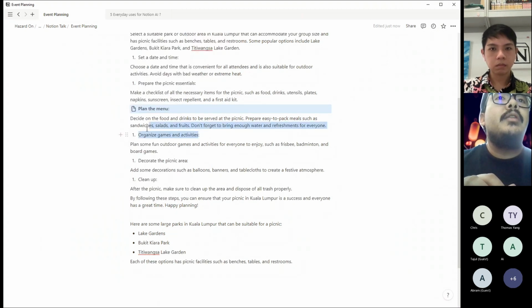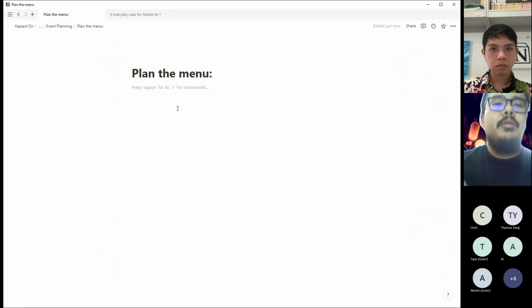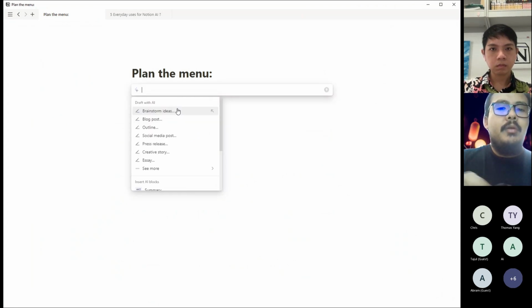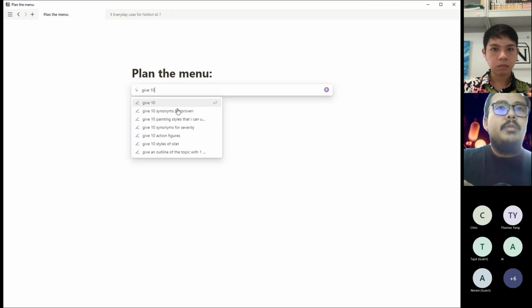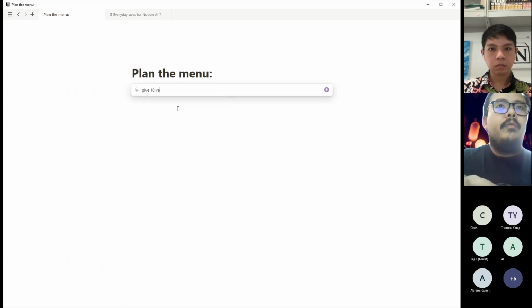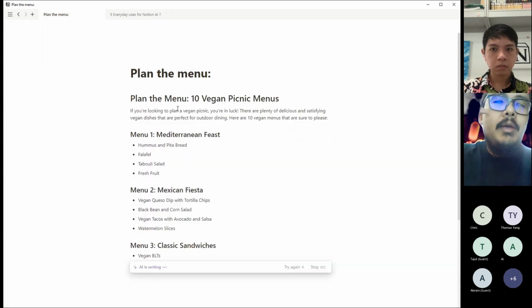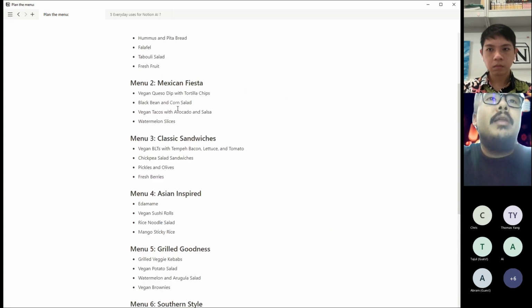So when you turn everything into a page, you can go inside and, so plan the menu, as an example, give 10 vegan. So you can go one layer into one layer into one layer.